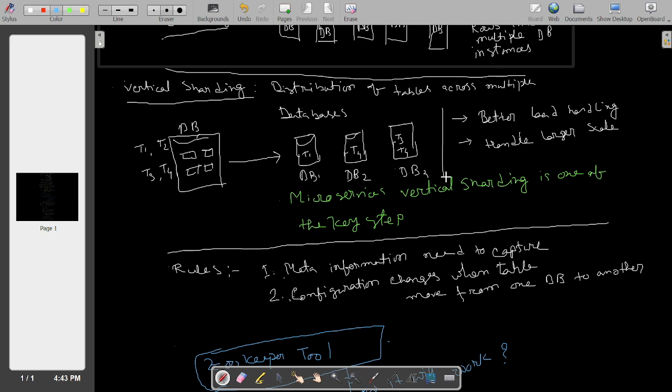So you need to keep that metadata. At the same time, suppose you want to move T3 from DB3 to DB2, then you have to figure out that you need to make some configuration changes.